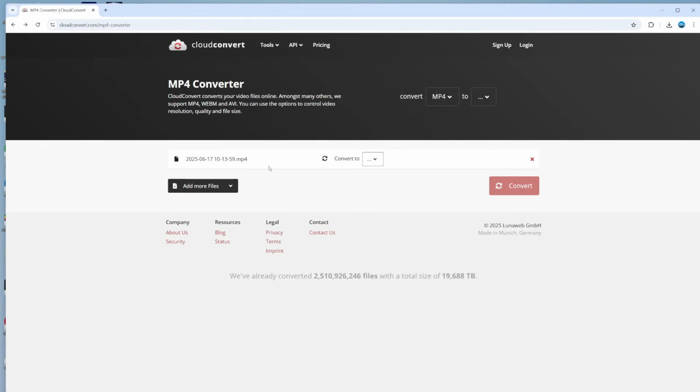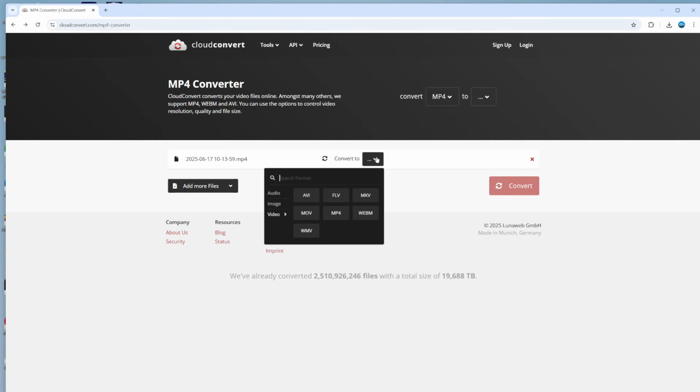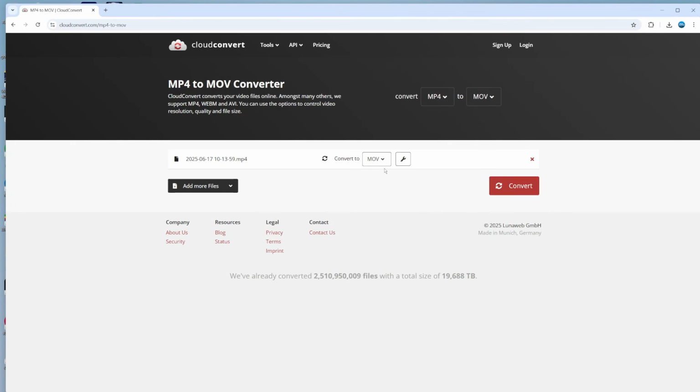and then click onto open to select this file. Now once you've done that, you're going to be taken to a screen like this, and you can see it says convert to over here. So what you want to do is click onto this drop down box. On this window that comes up, you want to click onto video, and you're going to see MOV over here. So just give that a click,